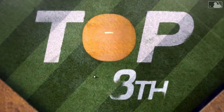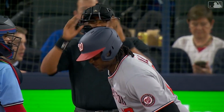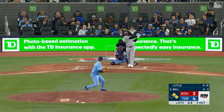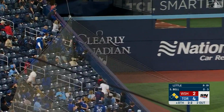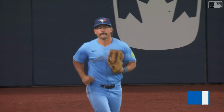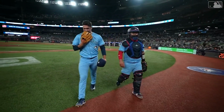Big spot here for Little in the 8th inning, 2 on in a 2-run game. They have a chance here in the 8th with Bell 0 for 3 in the game, getting a right-handed opportunity. Swing and a high fly ball, deep left field. Schneider racing into the corner, and he makes the grab just in fair territory to end the inning. Bell just missed a game-flipping home run, but it's a scoreless inning for Brendan Little, and we go to the